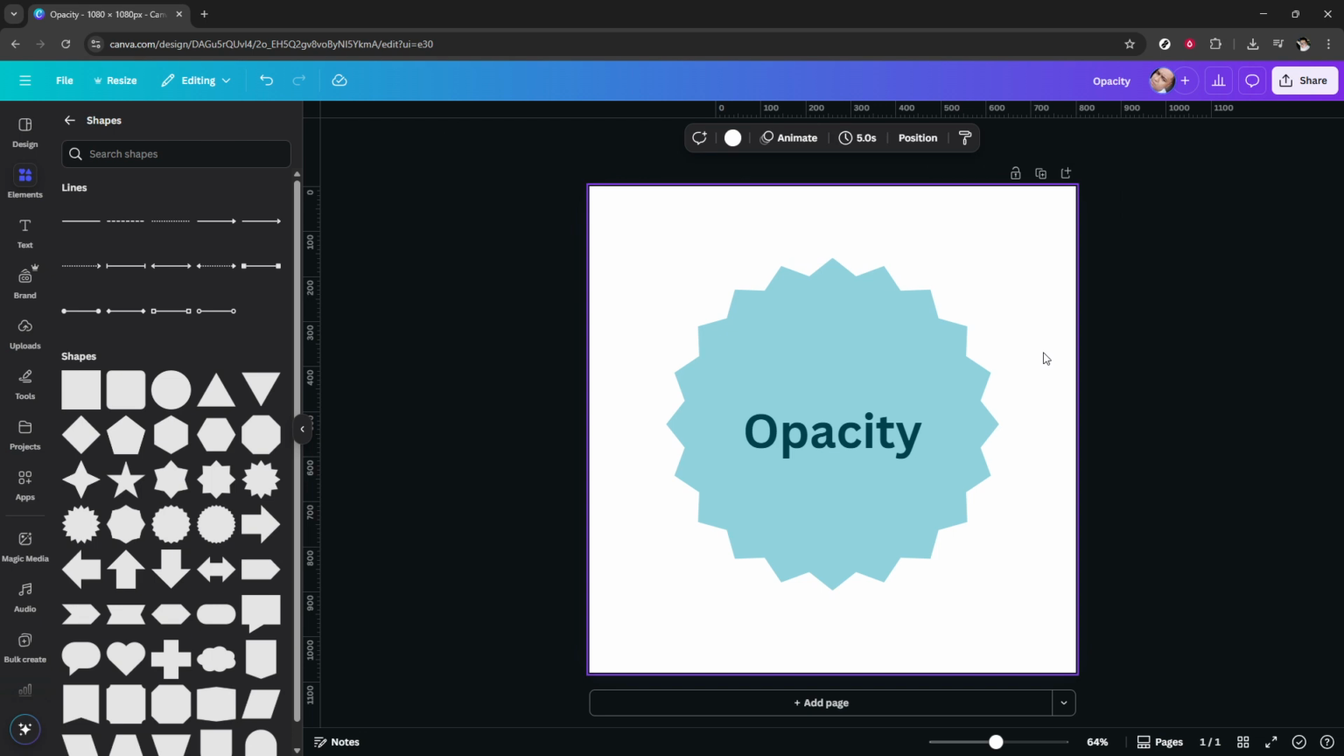You've now learned how to adjust opacity in Canva, a skill that adds a whole new dimension to your design toolkit. Mastering this will allow you to create designs that are not only attractive but also effective in conveying the